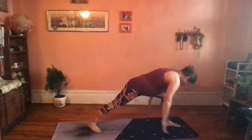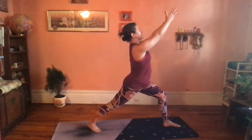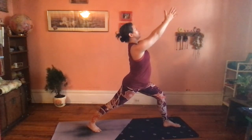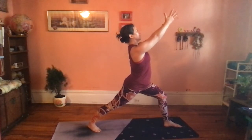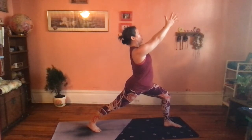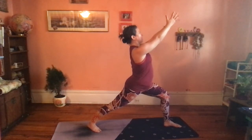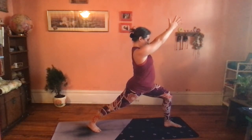Left heel is planted on the floor, lift up. Arms come together in the front, looking at your thumbs. Keep breathing here in warrior one. Think about the right knee keeps trying to bend more and more over the front foot, but not in front of the foot. But you should be able to look down and just see a little bit of your right